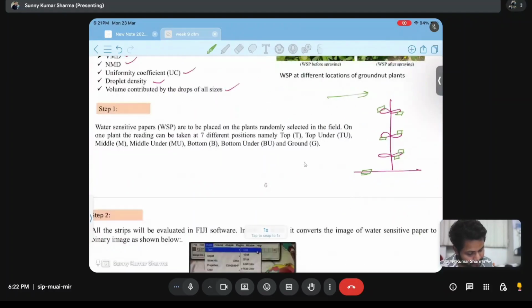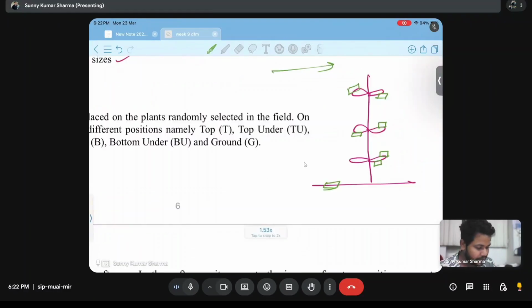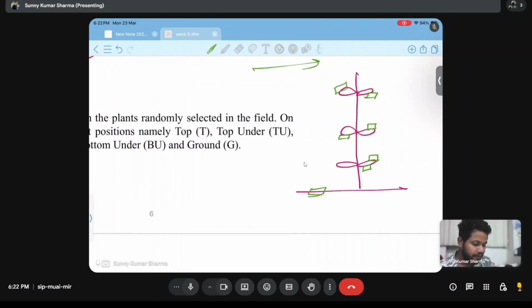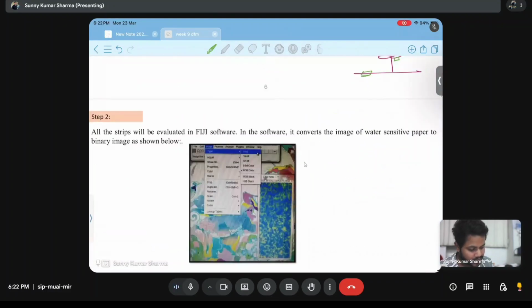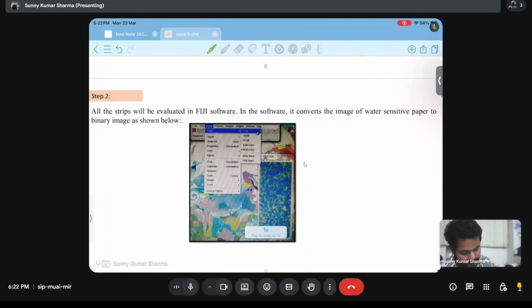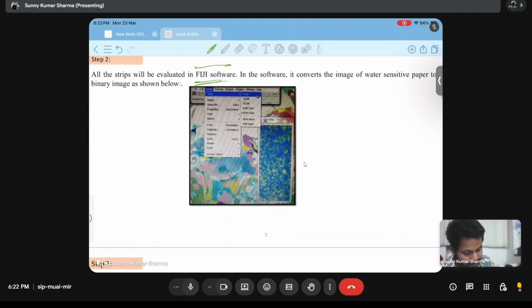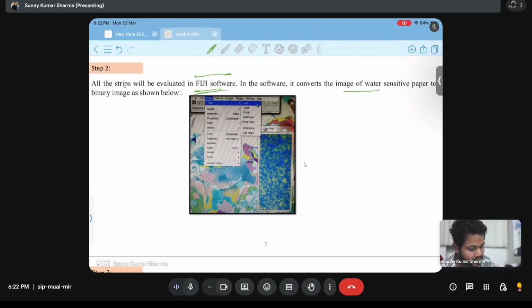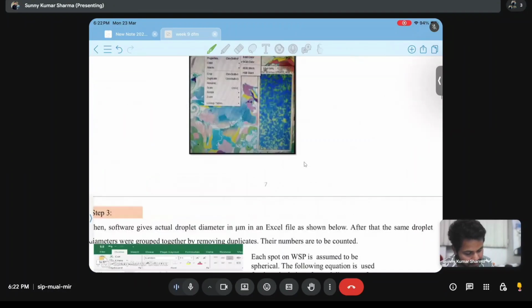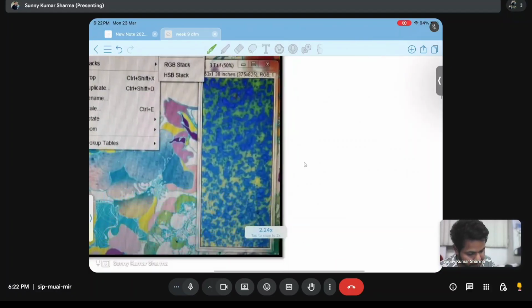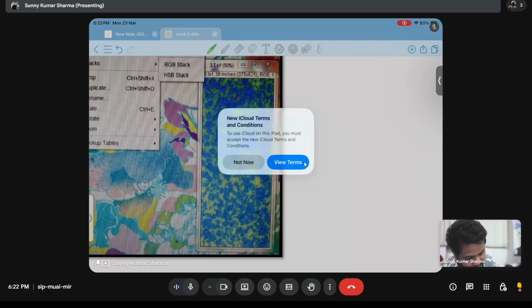After that spraying operation, we will collect all these water sensitive papers, and they are scanned and given to software, like Fiji software, which is there for image analysis. What this software does is convert those water sensitive papers into binary images, and suppose this is the photo given to the software, and it will then tell,